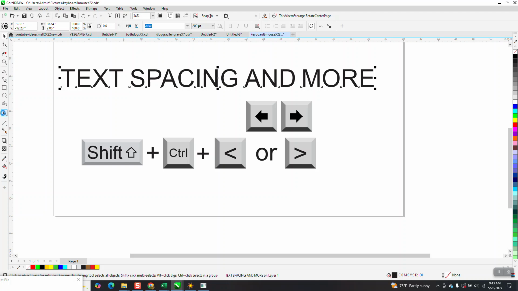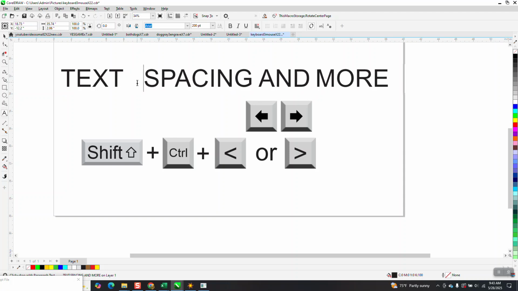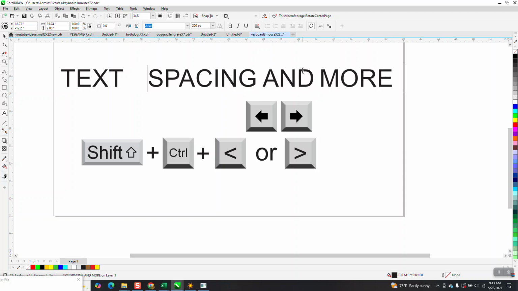So if we grab the shape or the text tool and place it right there, I'm going to hold down the control, the shift, and the greater sign to the right. And you can space out individually words. Another thing you can do with the control shift in your arrow keys, you can go right here and use your arrow keys to just go along and put,